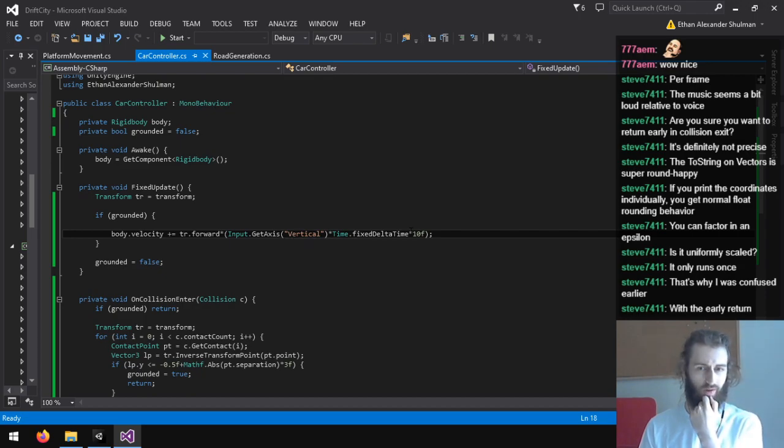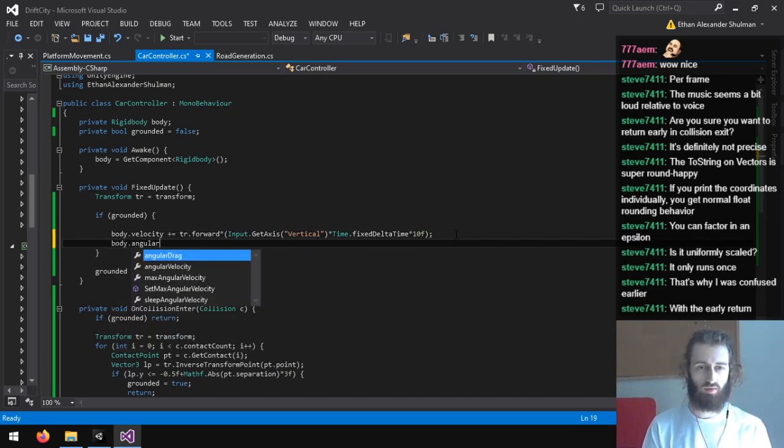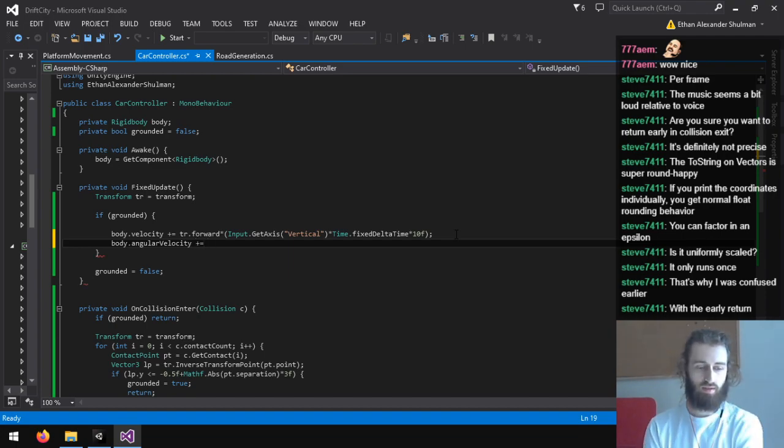And I want to add turning here, at least basic, so that we can control this. This is the kind of complicated part. How do I calculate what the angular velocity should be? The angular velocity is so dumb because it's stored as radians per second of the angle axis vector, which does not seem like a logical, I don't know.